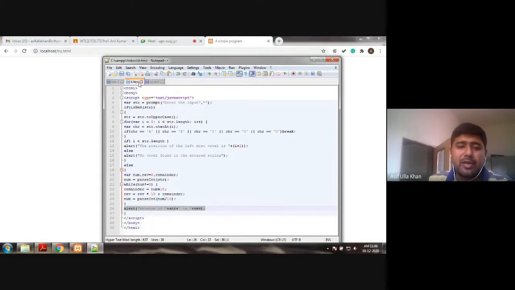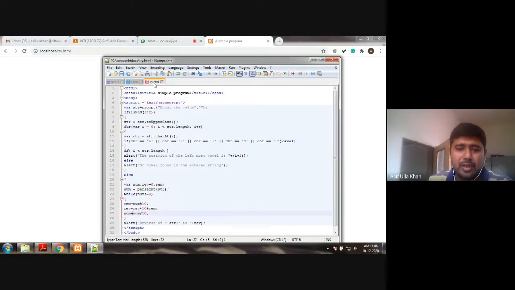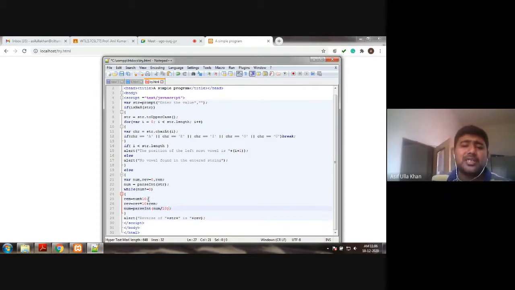But again, I need to convert the given value into an integer, so I'm using parseInt. If I'm getting a floating value, I am going to convert that floating value into an integer. Yeah, I may get a floating value, 123 divided by 10 means obviously I get a floating value. So I'm converting that into an integer value. What you do in C programming is declare the variable as int, so the float part is neglected. But here it's JavaScript, it is going to consider the floating part. So I am converting it using parseInt.